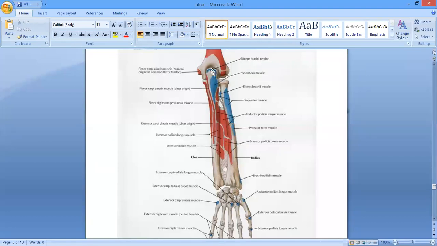Now, here you can see the superior surface over there, right? Yes, superior surface has got two parts. The posterior part and the anterior part. The posterior part is rough, okay? Because it is going to receive the attachment of the triceps muscle. ठीक है जी, triceps muscle जो है आपका, it is going to be attached over the roughened part of the superior surface of the